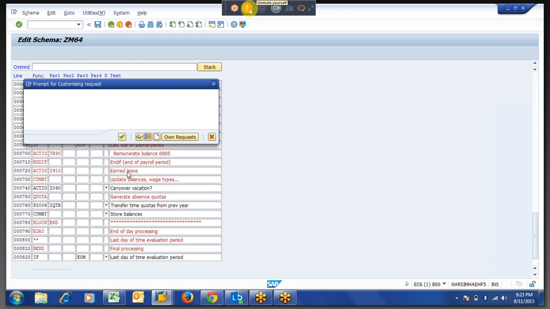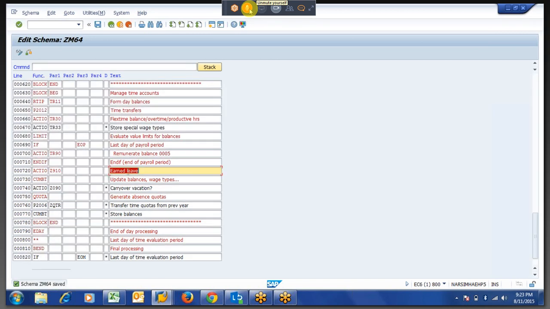So save it. Now the same rule we can run, so that you can see what our rule was exactly doing.